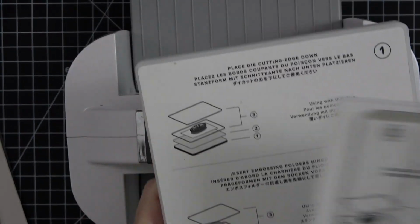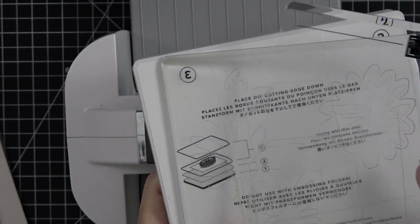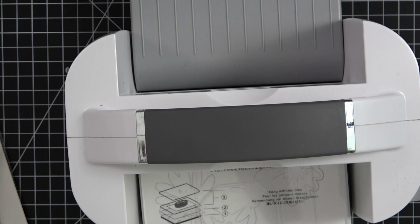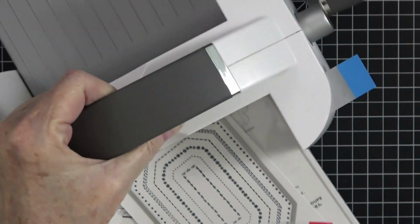And for die cutting, I'm going to need my number 1 plate, my number 2 adapter, which is for your thinlet dies. I'm going to need a number 3 cut plate and a number 3 cover plate. These are the same. I dedicate one to the bottom for my cut plate and one to the top as my cover plate. Now I'm going to put this in, and I'm going to try to see if I can